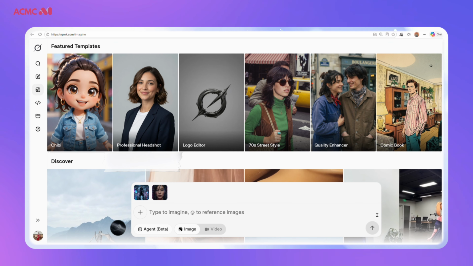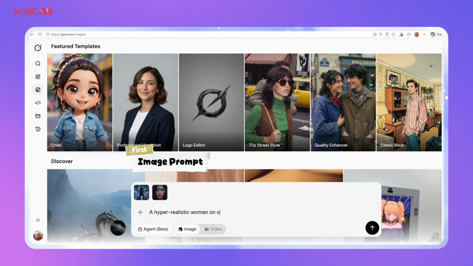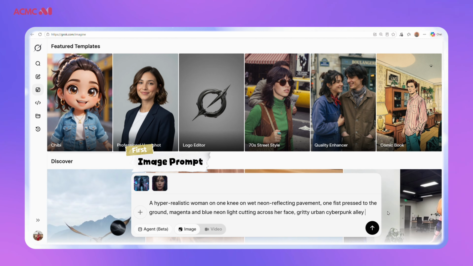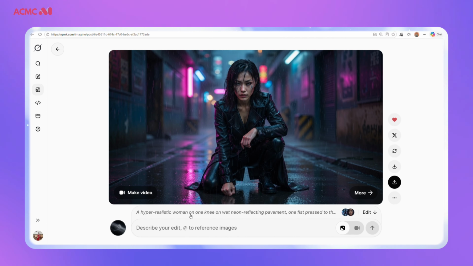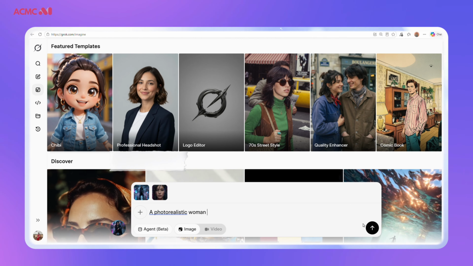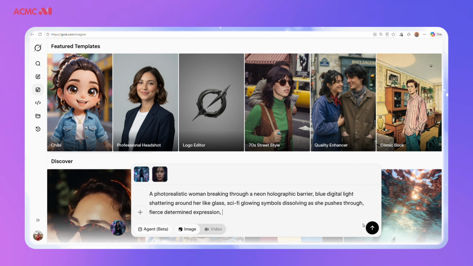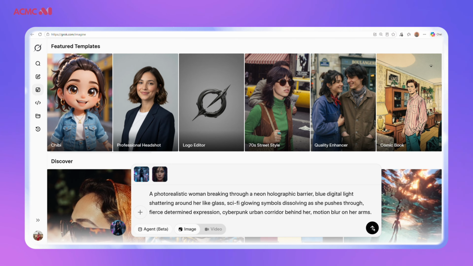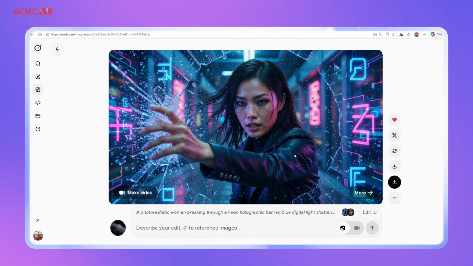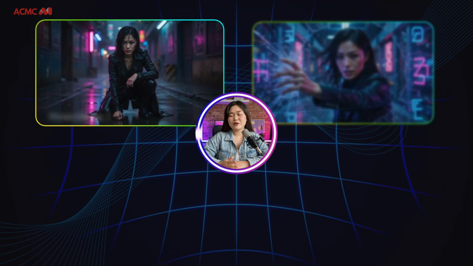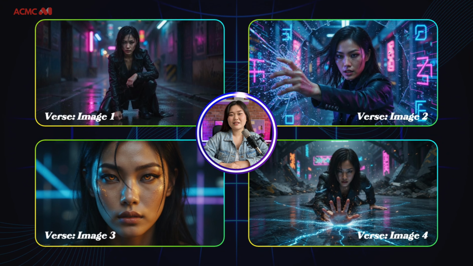Part 2, the verse. Same workflow, upload the reference image and paste the prompt. Good composition. It supports the narrative while keeping visual consistency with the intro.